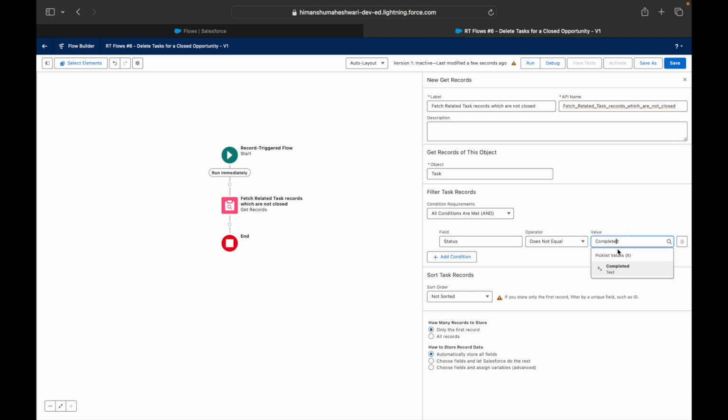Completed. So anything that's not completed is what I want to delete from the system. I don't want to keep that in track information. I just want to get rid of those tasks. Okay, now another thing, this particular query will fetch you all the task records which are in the system which